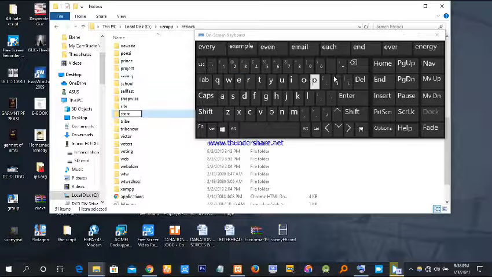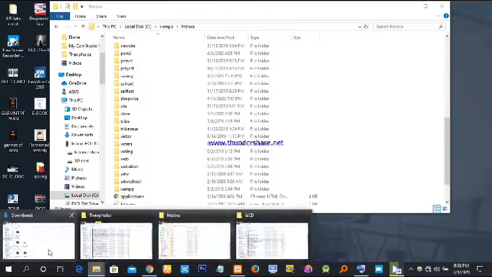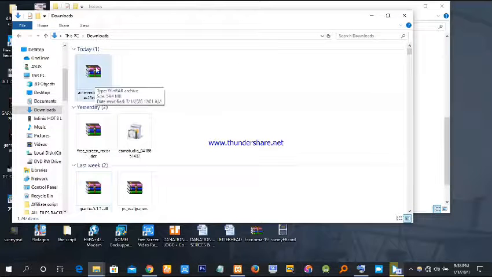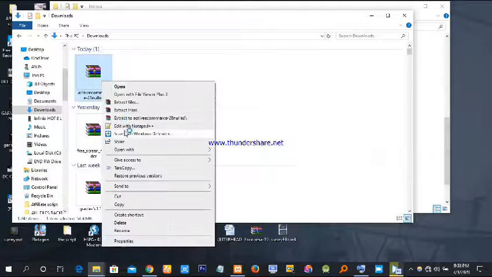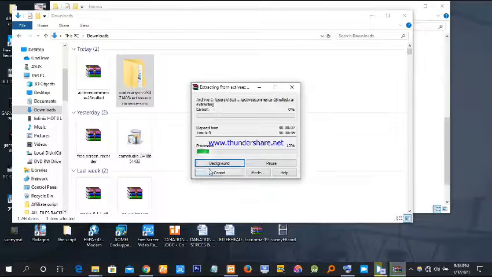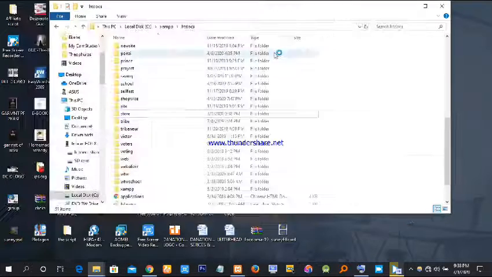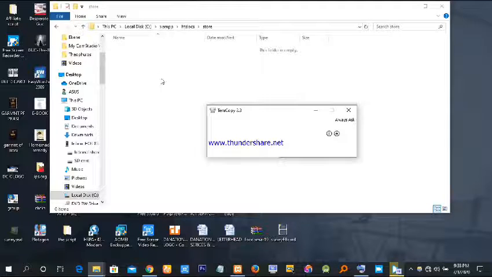So I'm going to call it store. I've done that. I've created a folder for my website. This is a folder for your website. So what I'm going to do next, the script I downloaded, which is the e-commerce script, I copy it. I go to the store, open the folder, paste it inside. When you paste it,